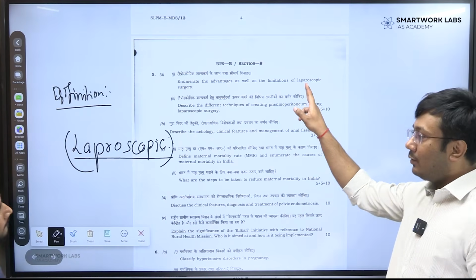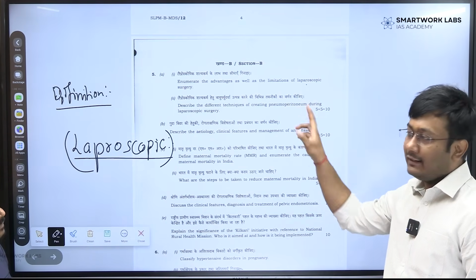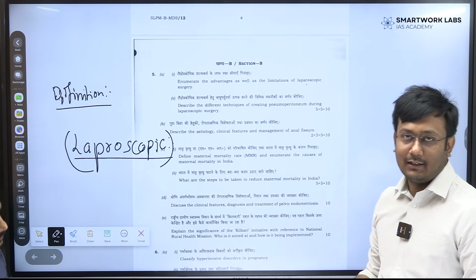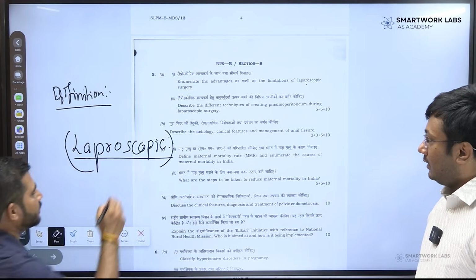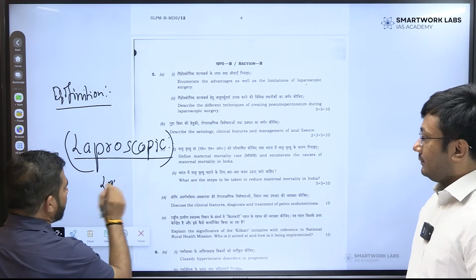If the question is related to laparoscopic surgery, we should define it: what is laparoscopic surgery? Yes. This is what sir is trying to focus on. So that is very important, and it is coming from the lapros